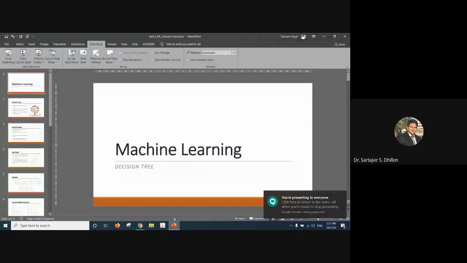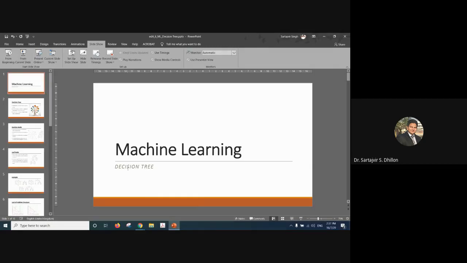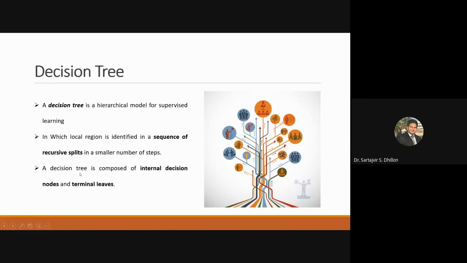Now let us start with machine learning, the decision tree. This is a part of our supervised classifier, and let us start with the decision tree. This is our next topic in the supervised classifier. Previously we have done learning a class, then learning multiple classes, and the third topic we have done is the k nearest neighbor